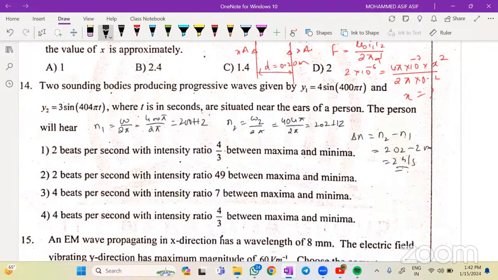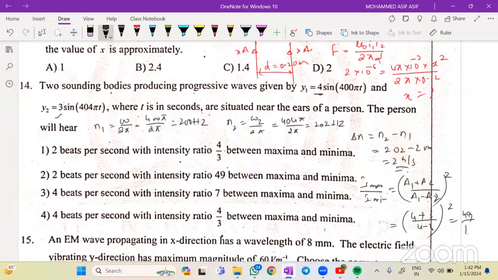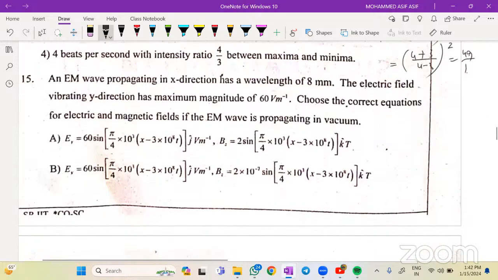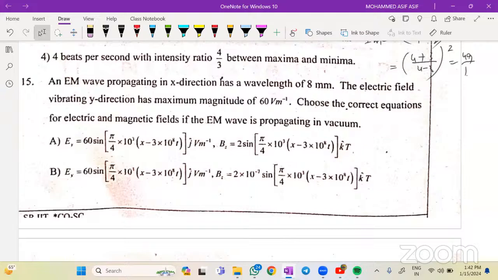ओके इंटेंसिटी मतलब क्या फॉर्मूला हो जाएगा बेटा, I max divided by I min will be equal to (A1 plus A2) divided by (A1 minus A2) whole square. A1 plus A2 मतलब एम्पलीट्यूड दे रखा है इसका 4 है और इसका 3 है, so it is (4 plus 3) divided by (4 minus 3) whole square, that is equal to 49:1. ठीक है ना. Next question: An electromagnetic wave propagating in the x direction has a wavelength